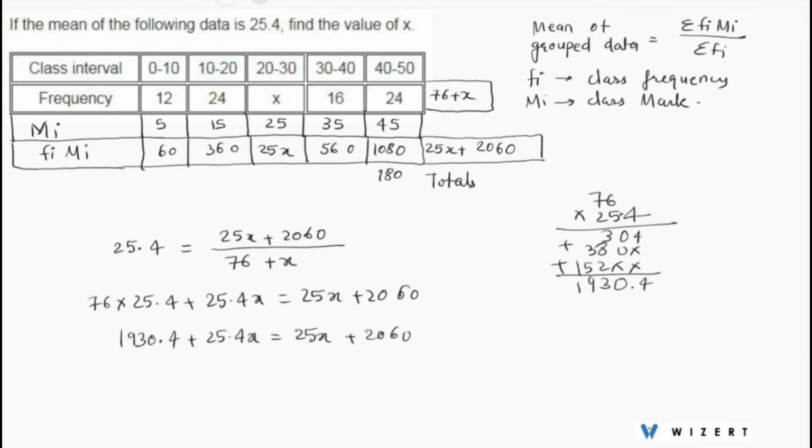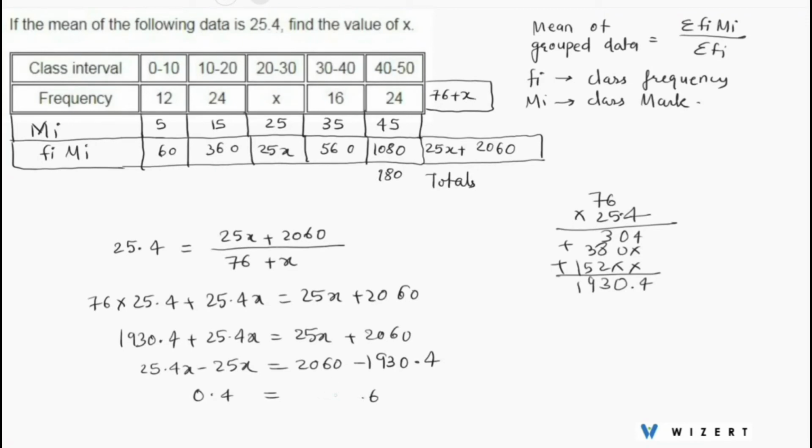So we can take this over to this side and this over to this. We get, no, the other way around. This over to this side and this over to this. We get 25.4x minus 25x equal to 2060 minus 1930.4. So we get 0.4x equal to 0 minus 4 is 6, 10 minus 4 is 6,